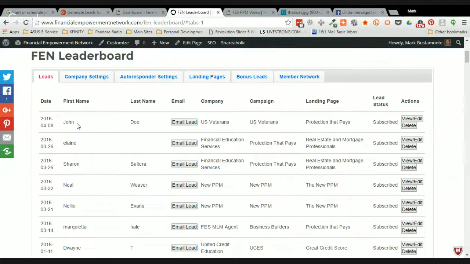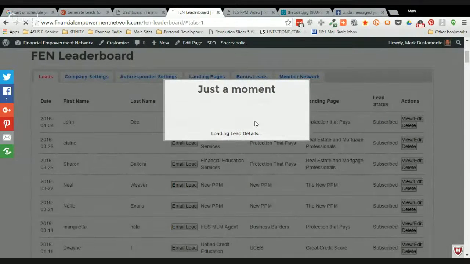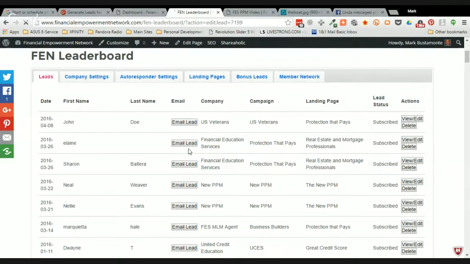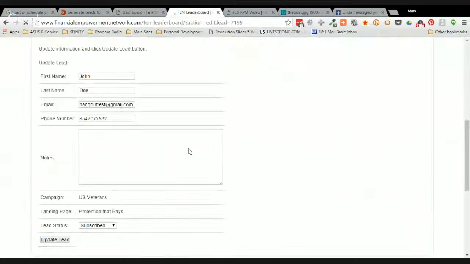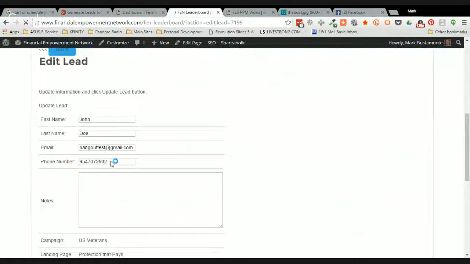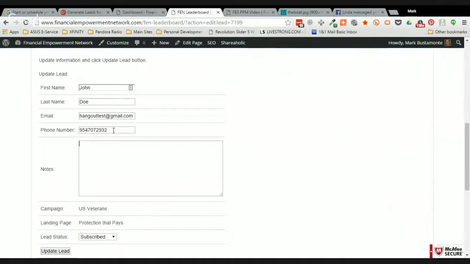But there's also instructions in that email that tell you to go to the FEN website, log in, and go to your leaderboard and get the information. So once I receive that email, I would come here, log in, come to the leaderboard, go to my leads, and then say view and edit. When I open that up, it's going to show me the phone number that John put in. So now I can call John, I can email John,